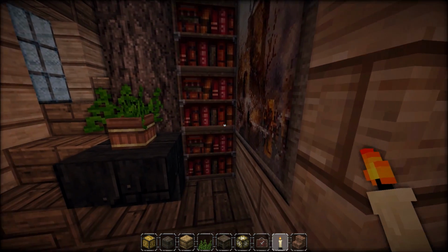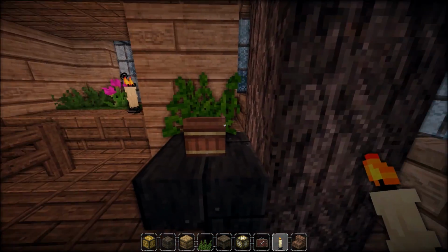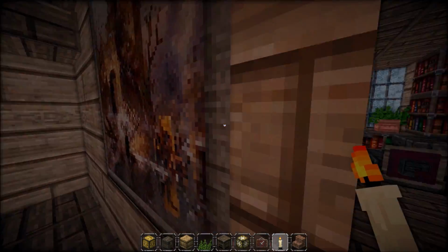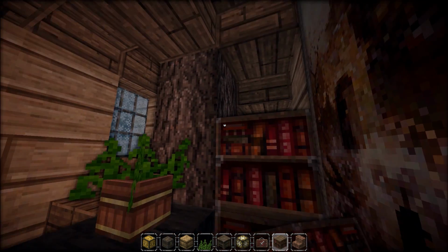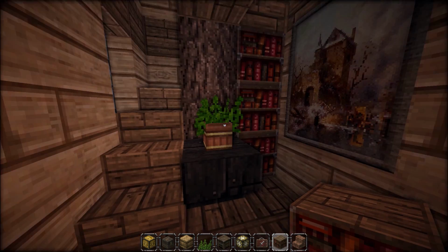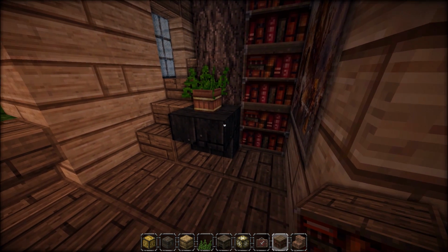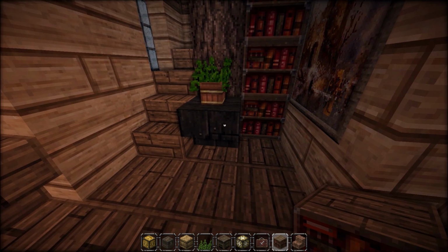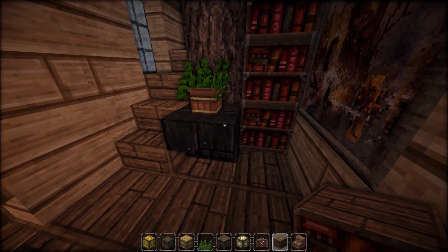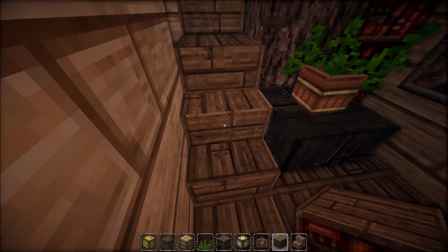And then left of that, I had to put in this bookshelf because, as you can see, it's a spiral staircase going all the way up. So I figured I'd rather not have this gap right there. So instead I put this bookshelf. And then to the left of the bookshelf, I just put this little small table, which is just an upside down, I think it's dark spruce wood chair, or not chair, stair. And then above that I put another plant just to add to the greenery,